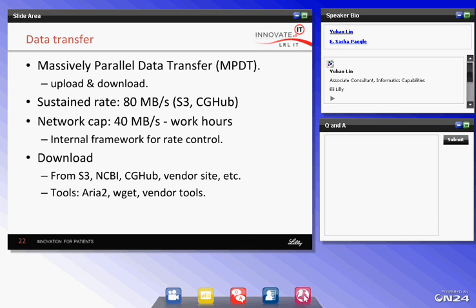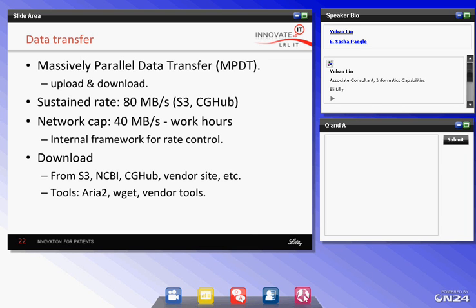So some of the sources that we download data from are Amazon S3 bucket, NCBI, GEO, and other things. CGHub hosts TCGA data, and some sequencing vendors that we get data from have also allowed us to download data. And the tools that we use,